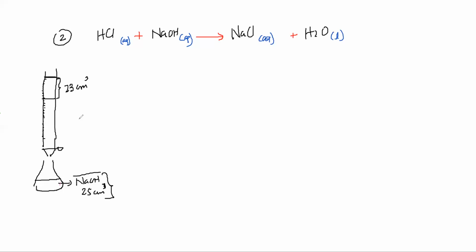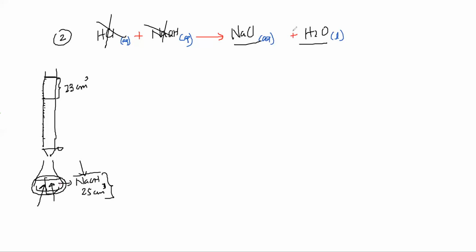Now at this particular point, do I have any NaOH left over in this solution in the conical flask? No. Have I added any excess of acid? No. So what exactly do I have in this solution? I do not have the acid. I do not have the base. I have NaCl and water. And there is a third guy also there.